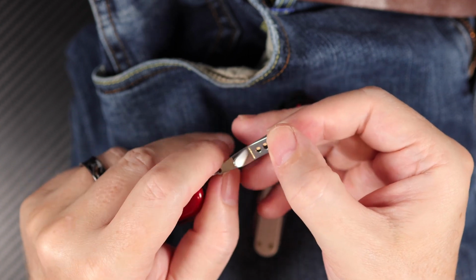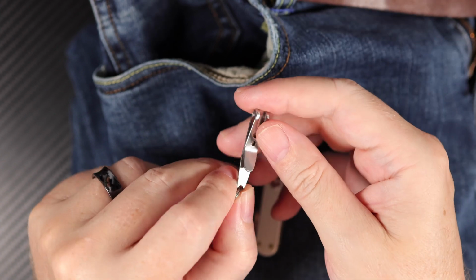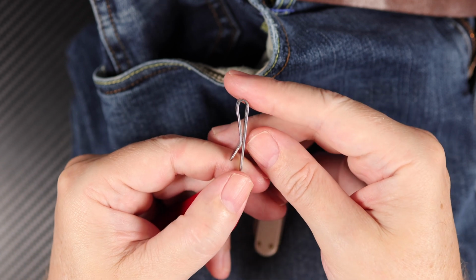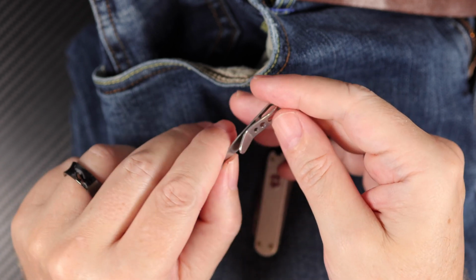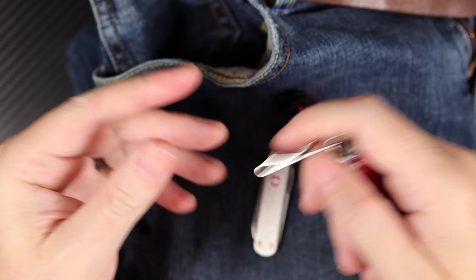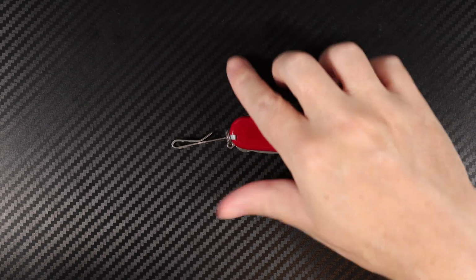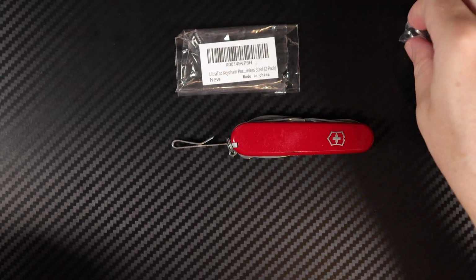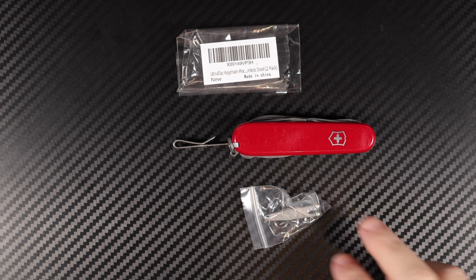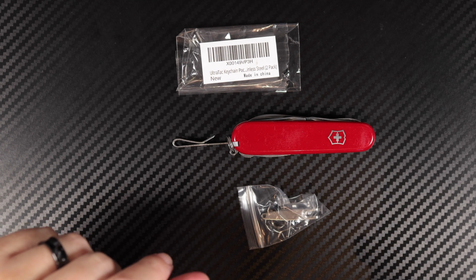I will at a later stage try some of the better quality ones, but I was putting in an order, and I thought, well, I'll just get a couple of these and show them to the YouTube viewers and help you make up your mind. So look, I'll give you a little bit of info about it. That's it there, and get these jeans out of the way. And so just to give you an idea,